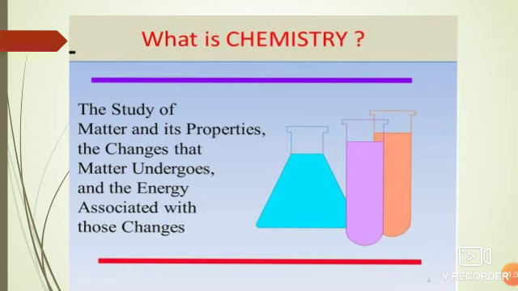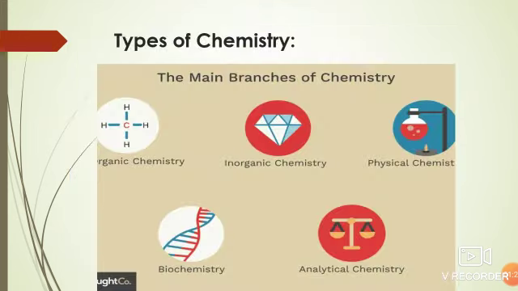Chemistry is a branch of science which deals with the composition, properties, and activity of organic and inorganic substances and various elementary forms of matter. Or you can also say it is the branch of science that deals with the structure of substances and what happens to them under different conditions, like different temperatures and different pressures. That is chemistry. Then there are various types or branches of chemistry: organic chemistry, inorganic chemistry, physical chemistry, biochemistry, and last is analytical chemistry.